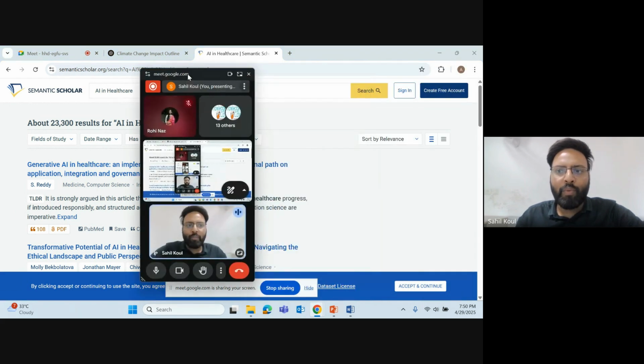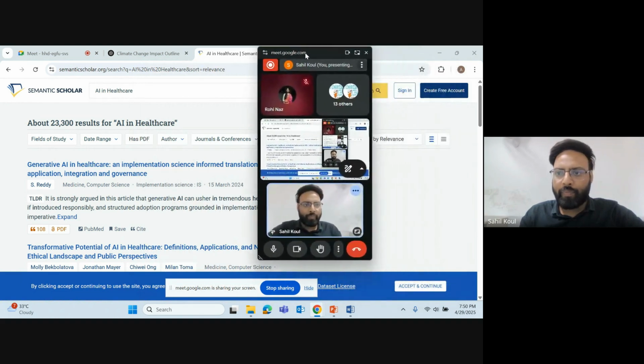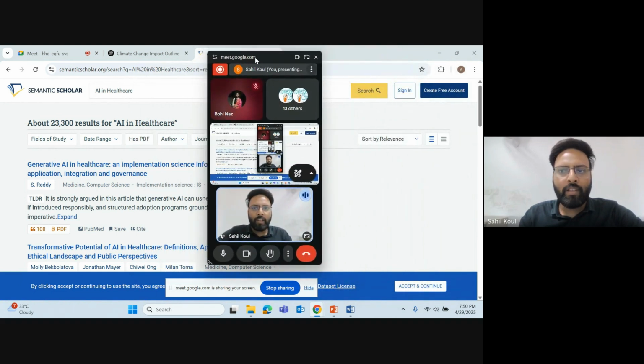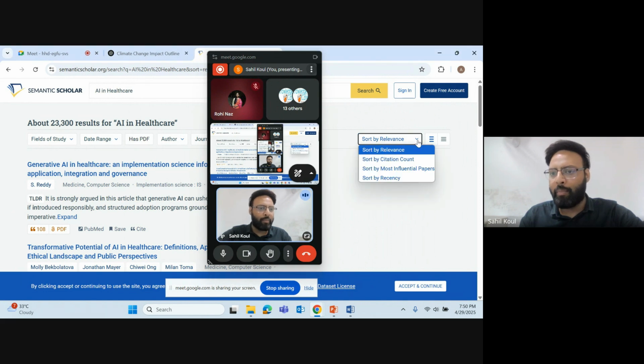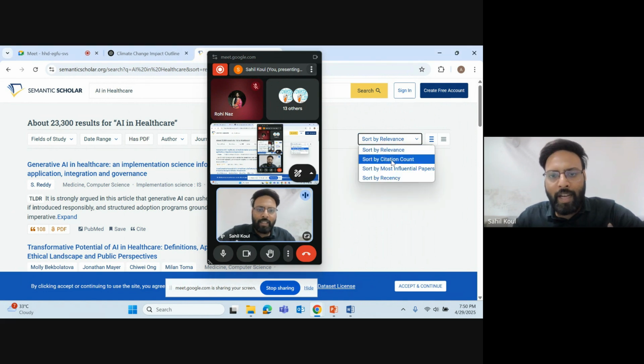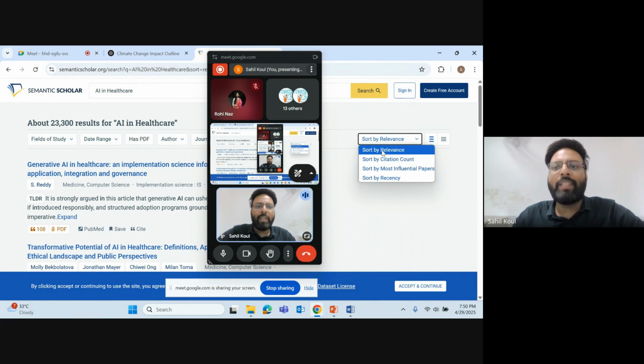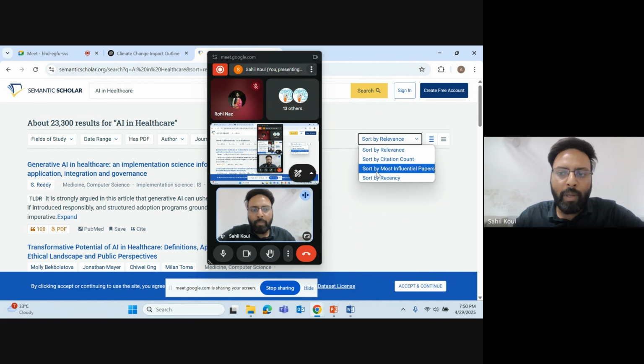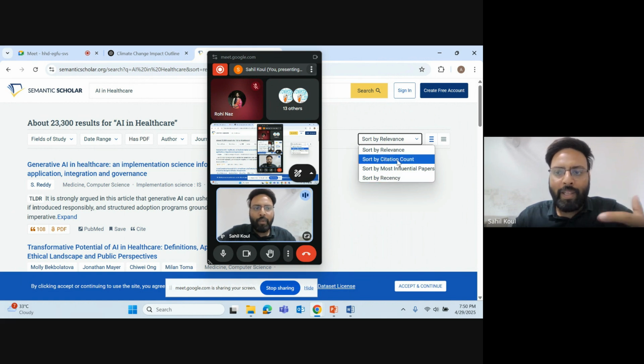Now, if I just move to this side, you can sort these papers basis the citation count, basis relevance, basis the most influential paper, and basis recency, correct? These are different ways. So let's see those one by one.